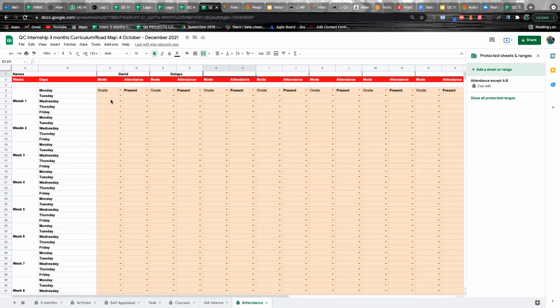If you fail to come up here and give the status of your attendance, or if you lie to us, we are keeping track of all people present online and on site. We will be using this attendance to issue certificates for each and every one of us. If you fail to meet the attendance criteria, we will not issue a certificate for you, and we won't recognize you as part of our interns throughout the 3 months.